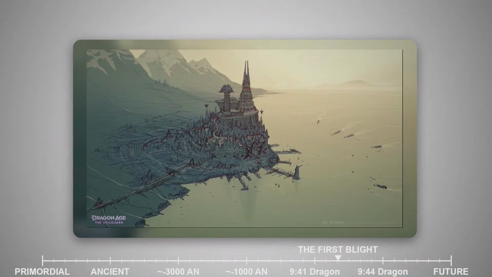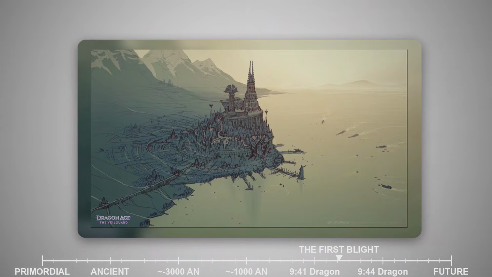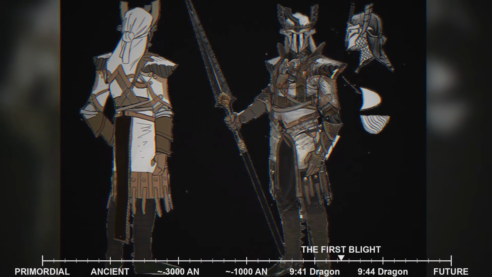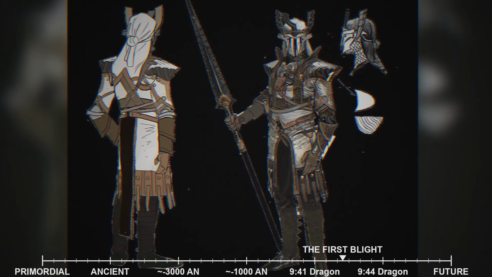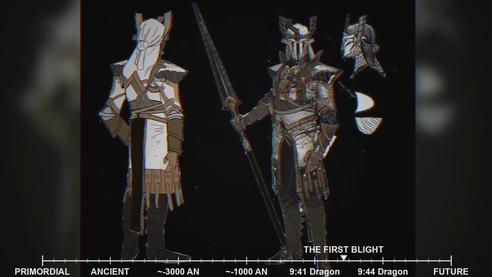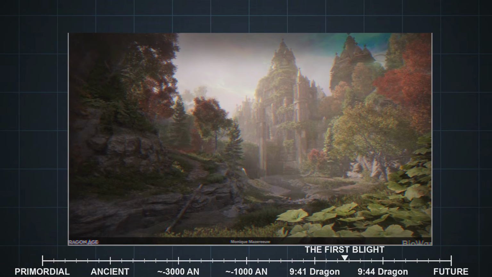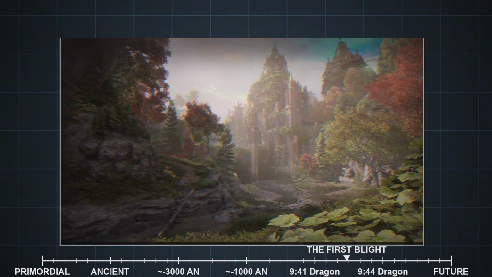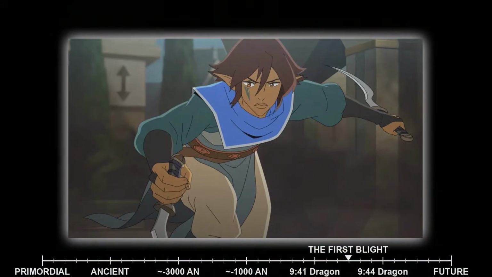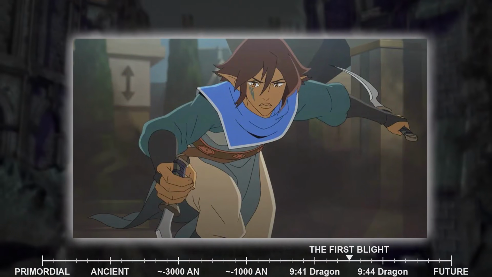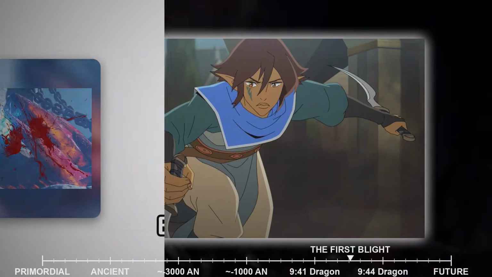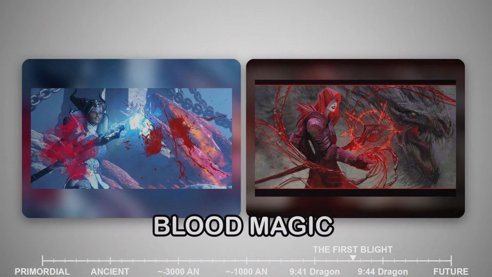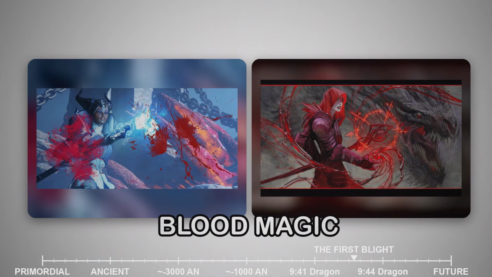From its capital, Minrathous, a city of towering spires and arcane wonders, Tevinter legions marched across Thedas. They conquered numerous human tribes, absorbing them into their burgeoning empire, and subjugated many elven settlements, forcing the ancient elves into servitude. The elves, once a proud and free people, found their culture suppressed and their history rewritten by their Tevinter overlords. This era saw the systematic enslavement of vast populations, their lives and destinies dictated by the whims of the magisters. Blood magic, the practice of drawing power from living beings, was openly embraced, a testament to Tevinter's ruthless pursuit of power and its disregard for conventional morality.